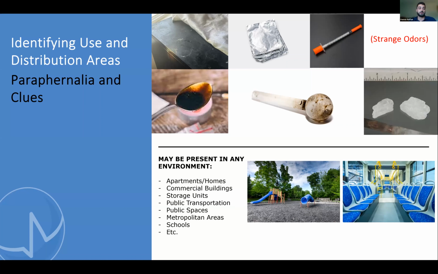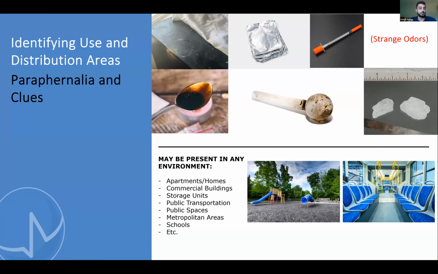So we've put together some pictures of things to look out for in a meth and fent use area, things like smoking, any white residues on a countertop, foil, whether it's burnt or used to package drugs folded like in this picture here, any hypodermic needles, any kind of strange smells or odors, burnt spoons, pipes, burnt or not, and sometimes very obvious, like crystal methamphetamine, like in this picture. But the key thing to take away from this is that in theory, any environment could be used to smoke or use meth. And this is what makes controlling it a very challenging process.